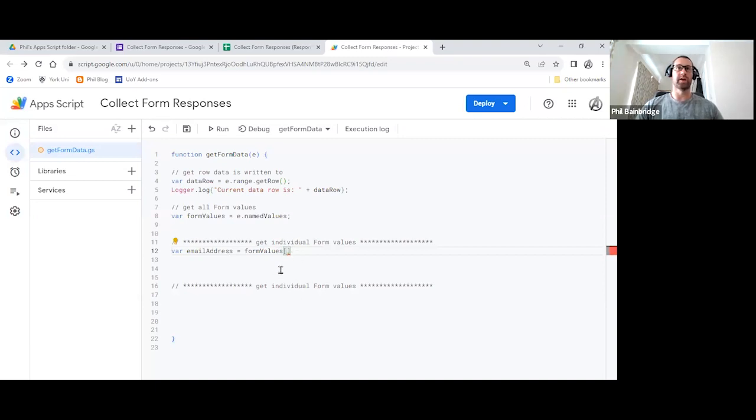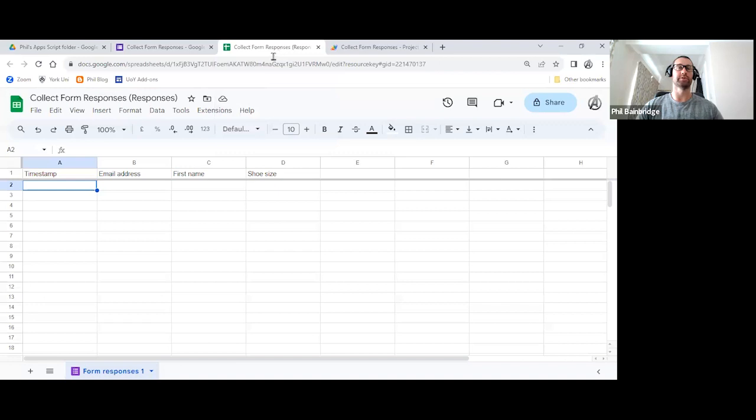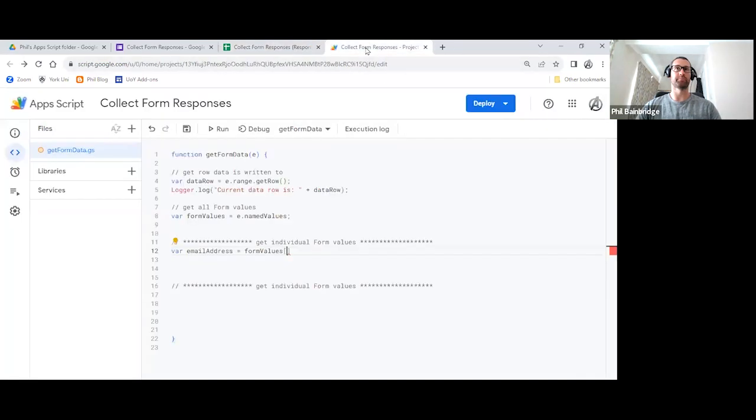Now this is where typing is critical. The safest thing to do here is to go to your Google form response sheet, click on the column heading for the question that you want, copy it, and in single or double quotes, I'm going to use double quotes, paste that exact value in. And then because we're in a 2D array and we just need the one value, we're going to pop on another set of square brackets with a 0 in there and a semicolon to end the line. It is crucial that this is written exactly as it is in the response sheet. If you were to put a capital A in there, it will fail to pull through the relevant value.